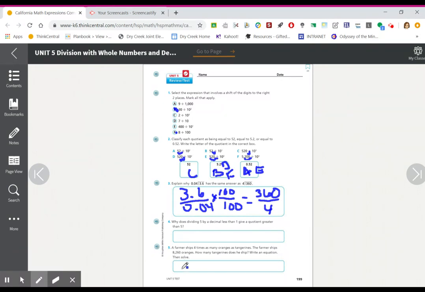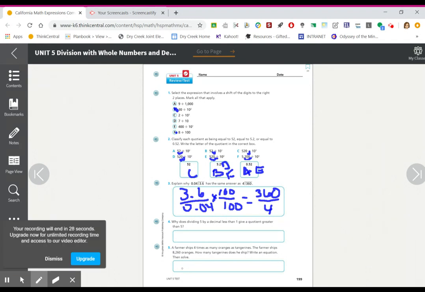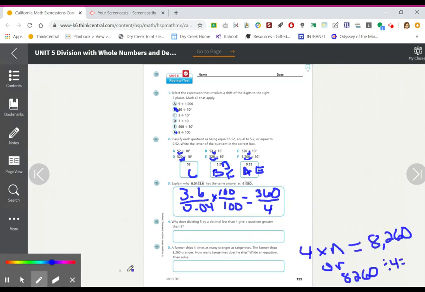Okay, number 5, a farmer ships 4 times as many oranges as tangerines. The farmer ships 8,260 oranges. How many tangerines does he ship? Write an equation, then solve. Okay, so my equation can be 4 times n, which is my variable that I don't know, equals 8,260, or I can say 8,260 divided by 4. And if I solve it, I'm going to get 2,000 and